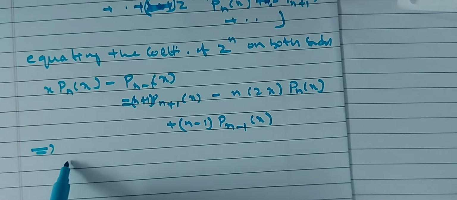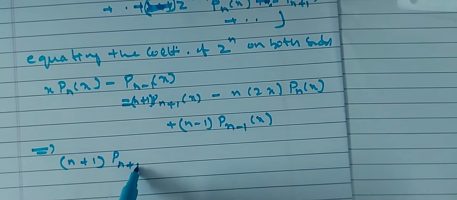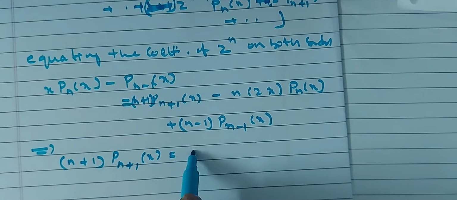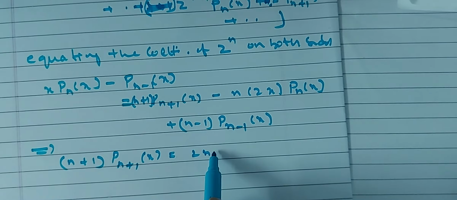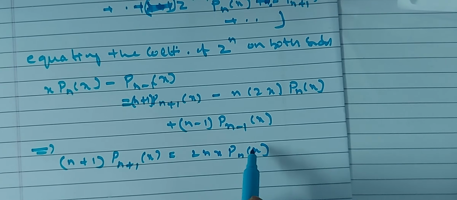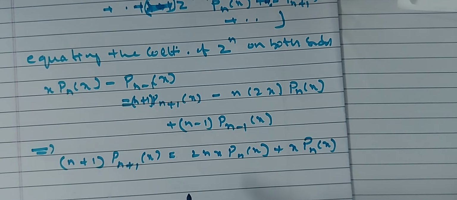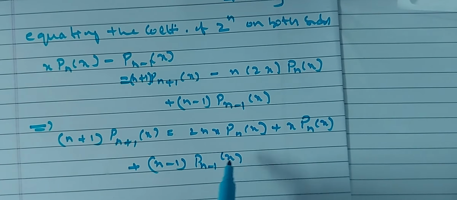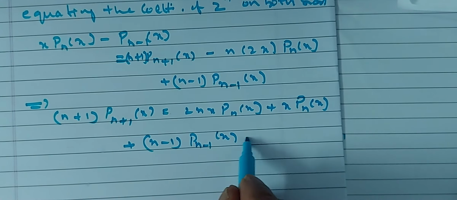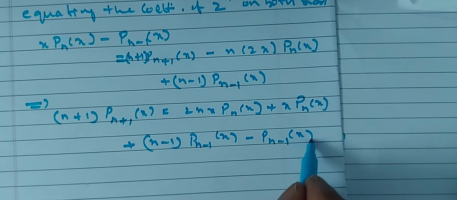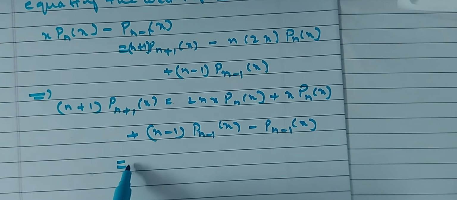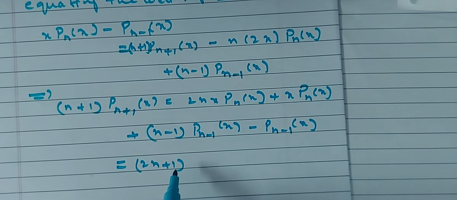So that (n plus 1) Pn plus 1 of x is equal to 2n x Pn of x plus x Pn of x plus (n minus 1) Pn minus 1 of x minus Pn minus 1 of x, equal to the right side simplification: (2n plus 1) x Pn